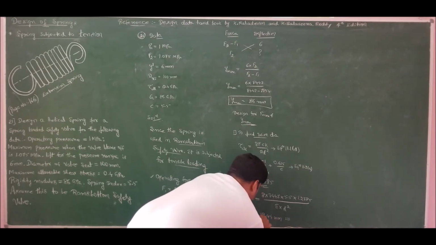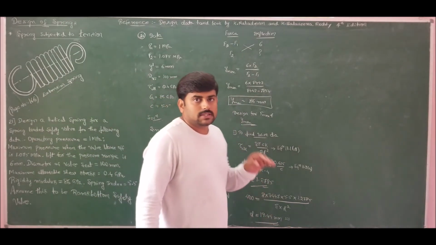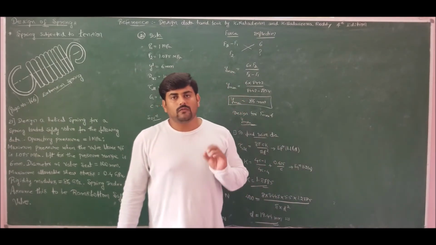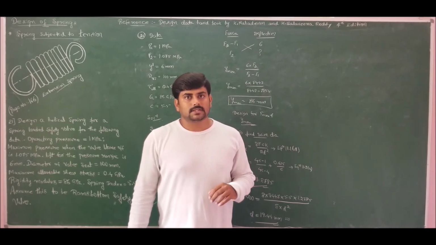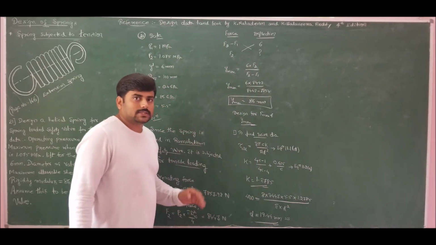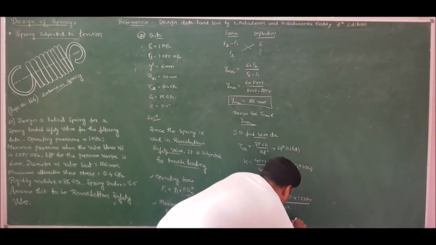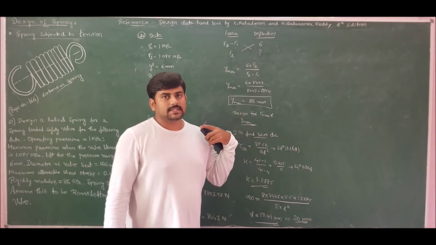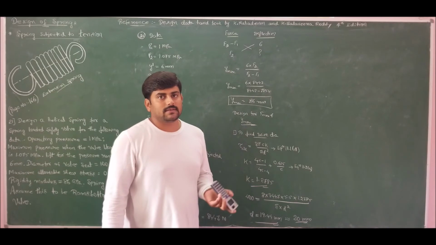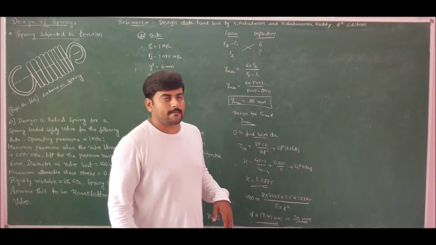Now we cannot standardize the wire diameter, because if I refer to table 11.2 of our design data handbook, the standard wire size is available only till 17 millimeters. So anything more than 17 millimeters, round off to the next higher whole number. So 19.44 can be approximated as 20 mm as the wire diameter. Anything more than 17 I cannot standardize, so here itself I am approximating it as 20 millimeters.